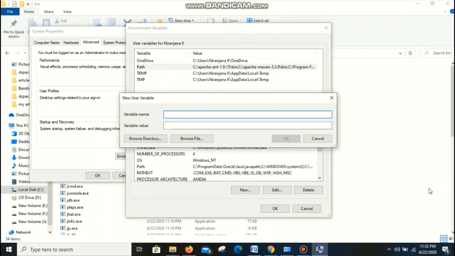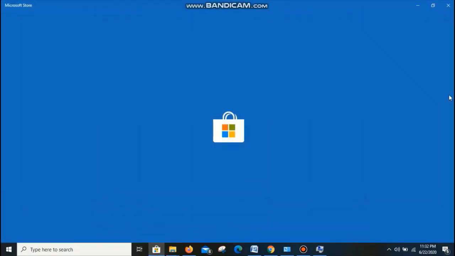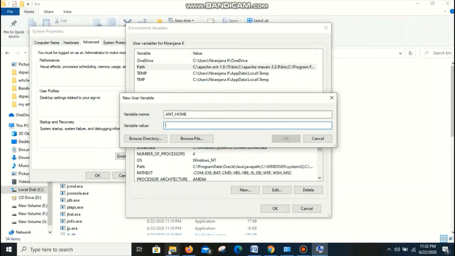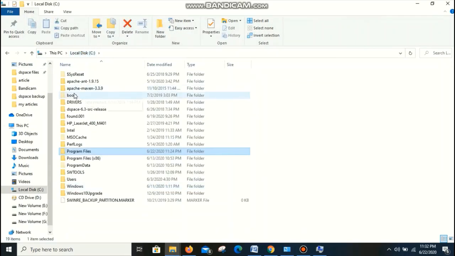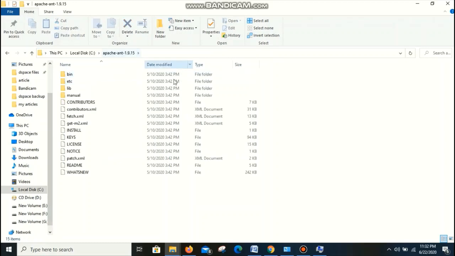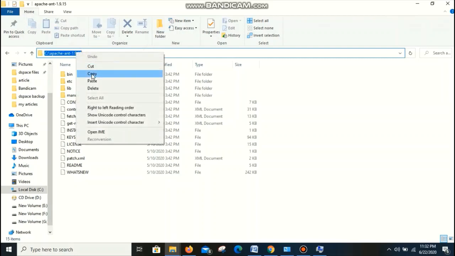Okay, then variables. I need to create a variable name, and it should be in capital letters, ANT_HOME. I need to give the path for this Ant. You need to go again to the C drive, go to Ant. No need to go into the bin right now. Just copy this path and paste